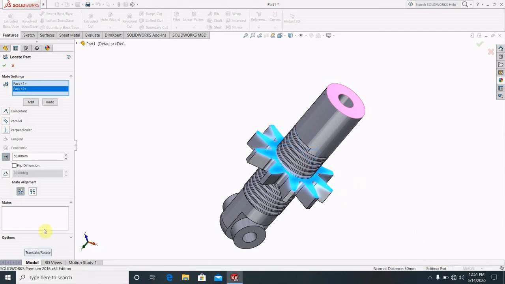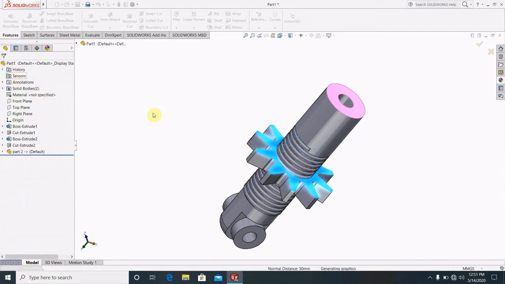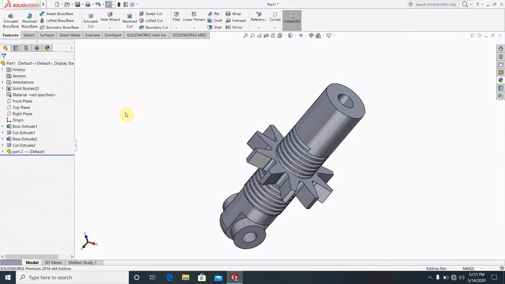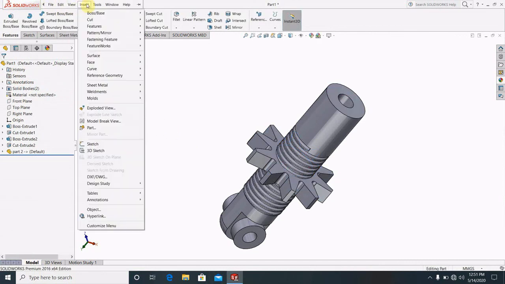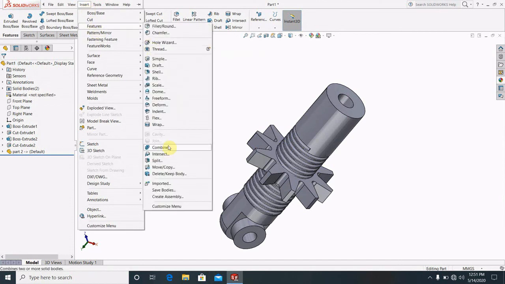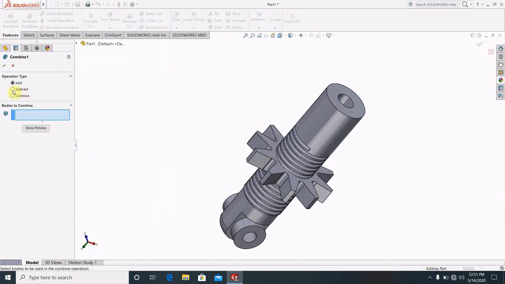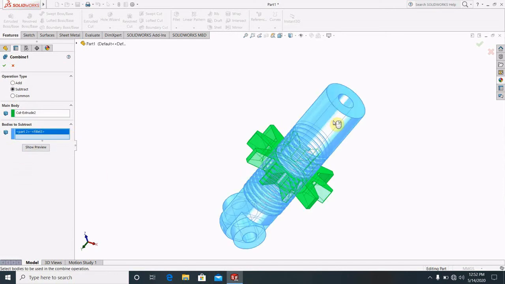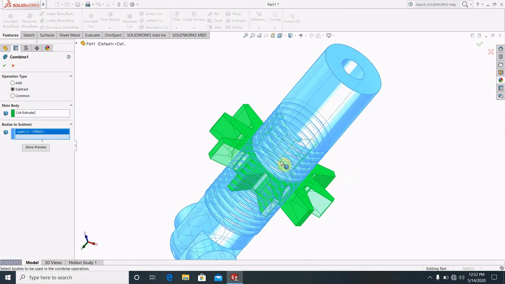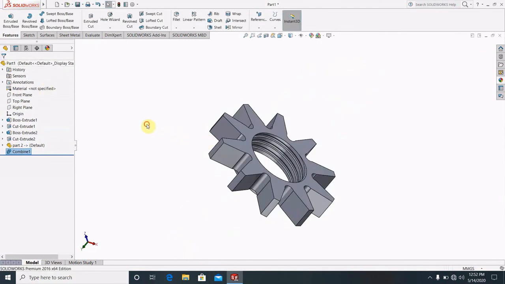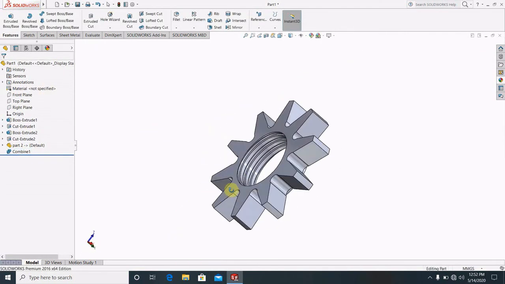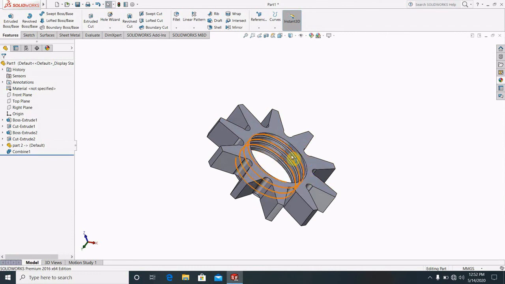When you have ticked here, then click it here. When it has come here, then go for the insert features and go for the combine tool. When you go to combine, make it subtract. The main body is this and the body to subtract is this. Okay, then click here. When you click here, you can see that that is the thread that is made inside here